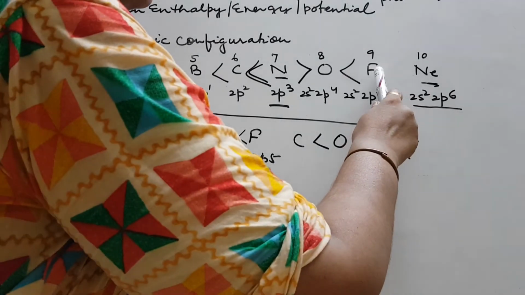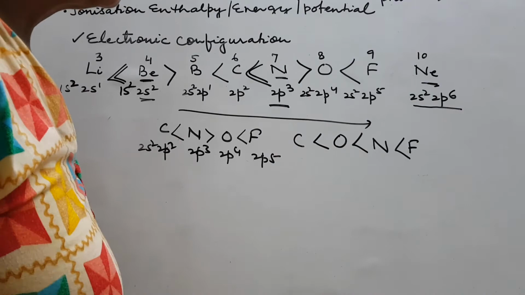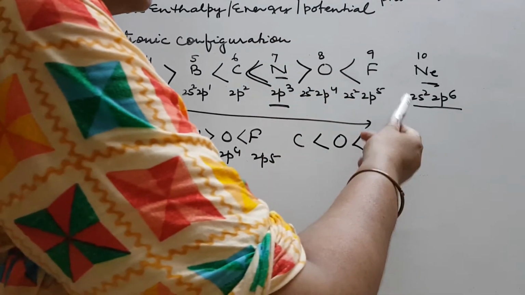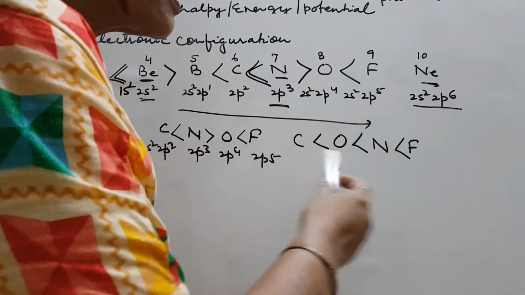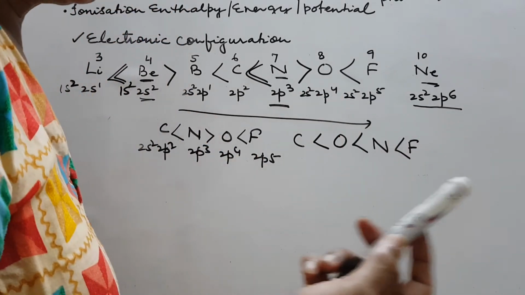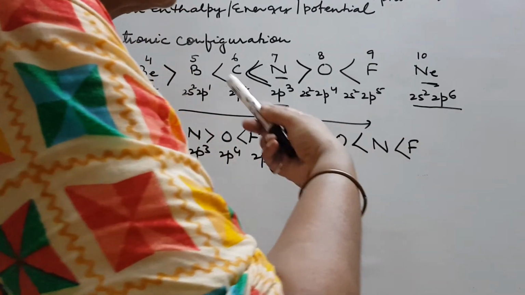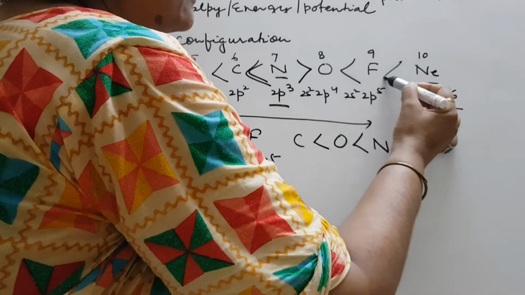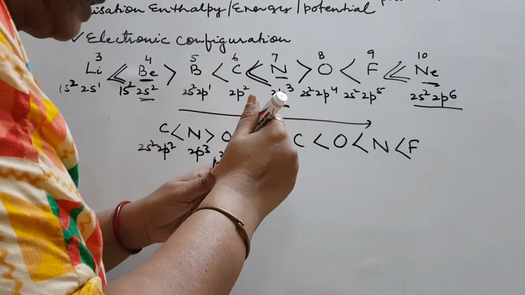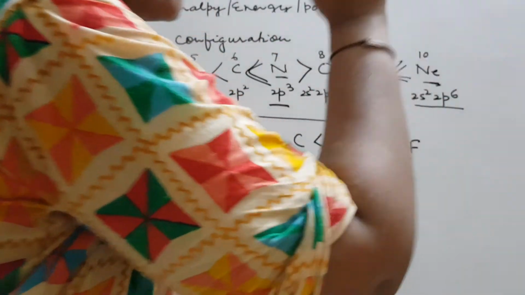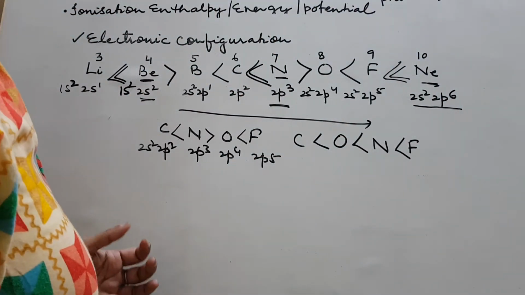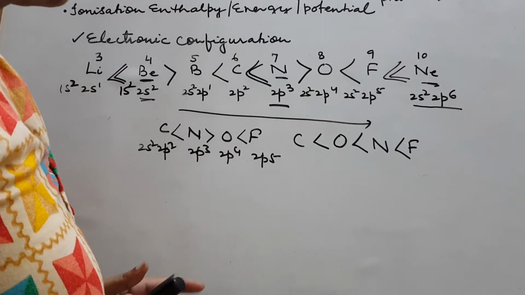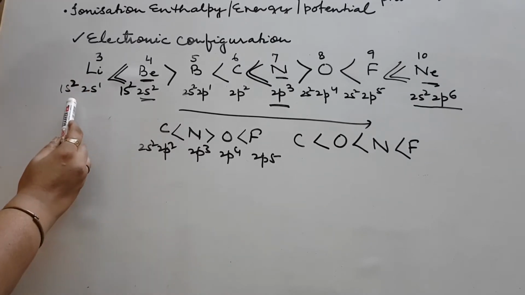Now come from F to Ne, right? Size factor, of course, goes on decreasing, fine. But what to talk of stability when the octet is complete? 2s2, 2p6, complete. Not only is the octet complete, it is the ideal condition. Hence, in a period, it has a very, very high value, the largest value, the highest value. So children, remember, in a period, inert gases have the highest value for IE, and alkali metals the least, right?